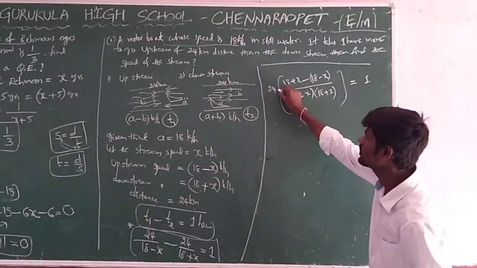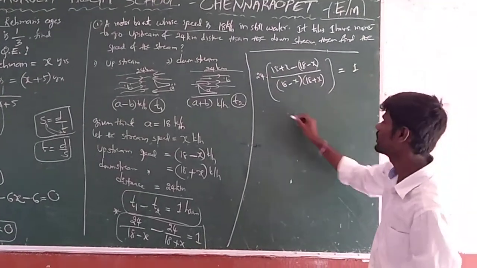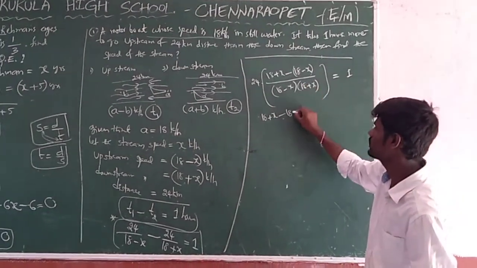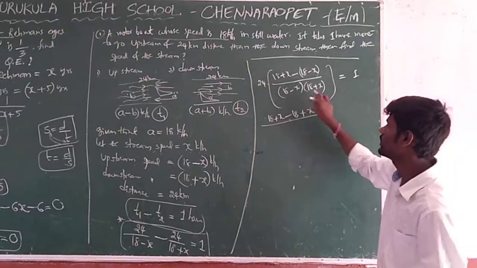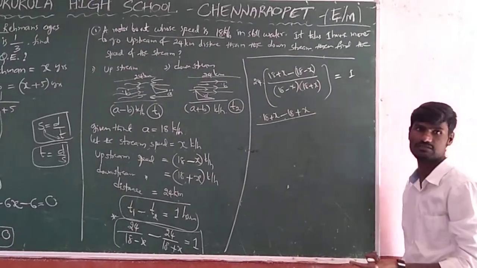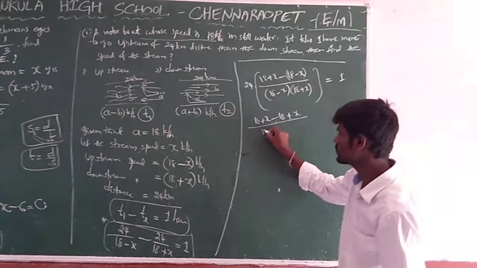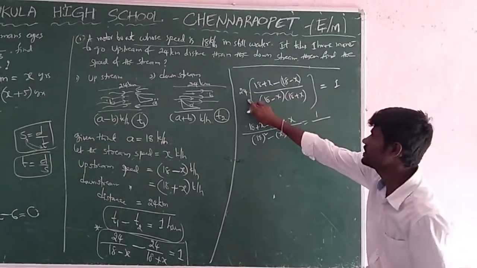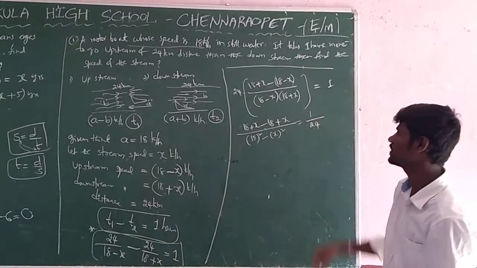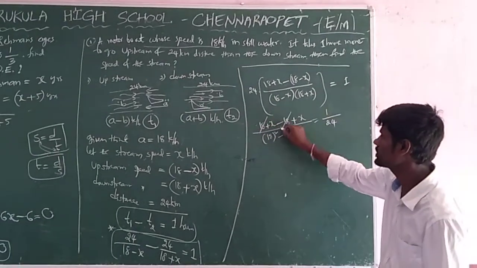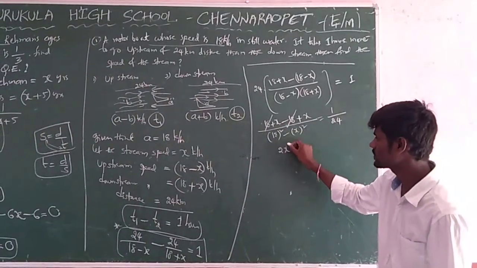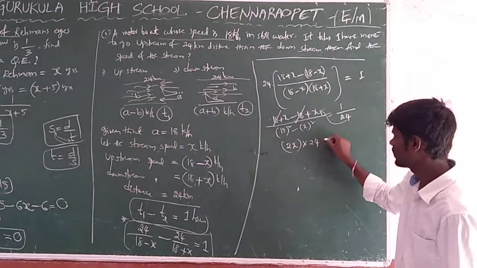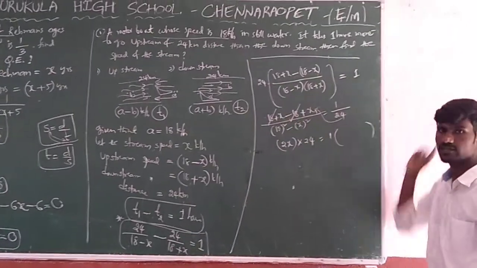Now 24 is multiplied here; if you take it to the opposite side it will divide, and I am simplifying it. 18 plus x minus 18 plus x, minus into minus gives plus x, divided by, here it looks like a minus b times a plus b, which is directly a square minus b square, so 18 whole square minus x whole square equals 1, but this 24 I am transposing to the opposite side, so divided. Now see here, 18 minus 18 is 0, x plus x is 2x. Now do cross multiplication.